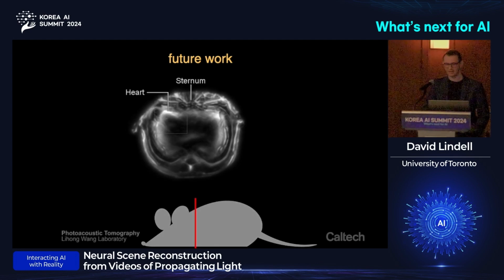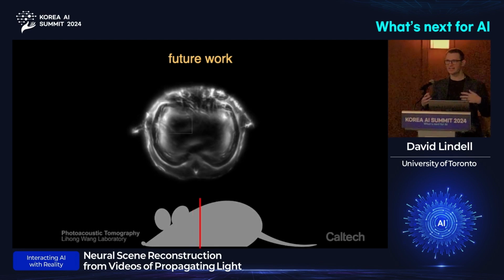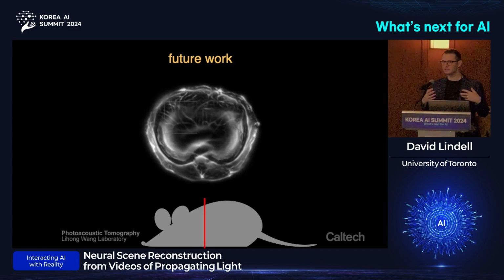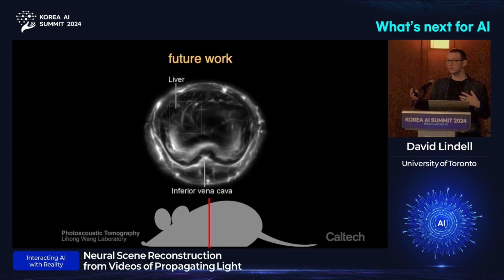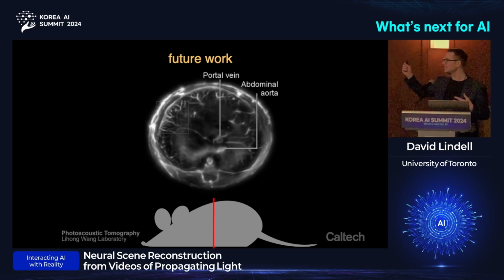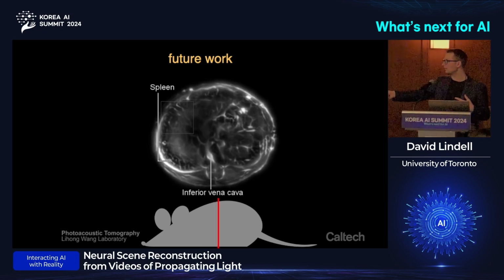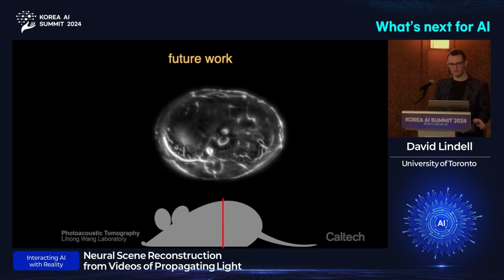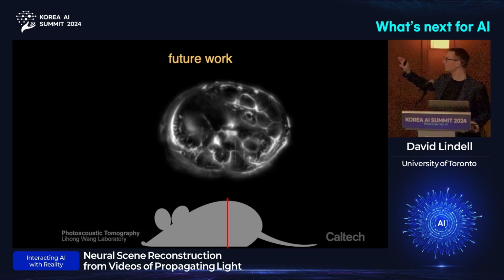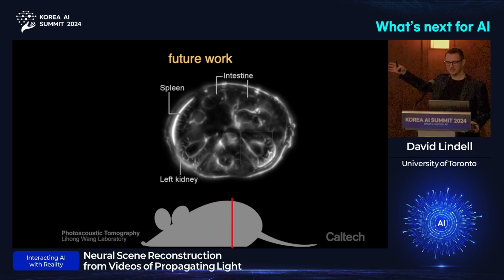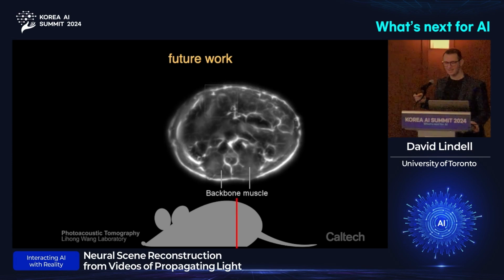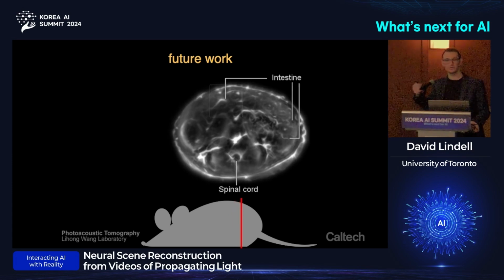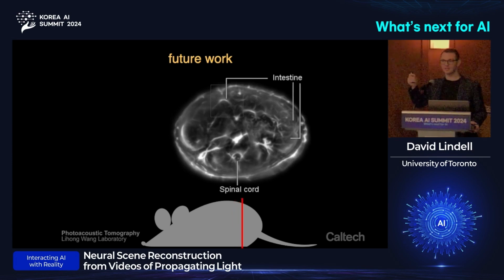If you could do this optically, perhaps you could have applications such as biomedical imaging where you can see into a human body. In this case, this is a technique called photoacoustic tomography developed by Lihong Wang, where they're imaging slices of a mouse body. This is done using a combination of ultrasound and optics, but there's a reason why you'd want to do this with an only